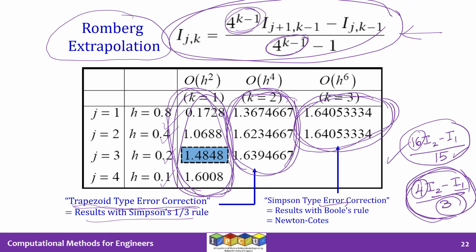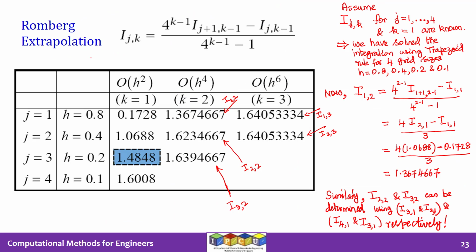So we have already seen a glimpse of these kinds of formulae that seem to magically improve the estimate of the integral. That means we are going to be able to reduce the error by doing these things. Now we can formalize that into a formula like this. So the ideas have been already introduced to you. This is just new notation and introduction to the name Romberg. So in the next few slides, I have just tried to show some sample calculations. I will not go too much into the details, but I'll just outline a bit.